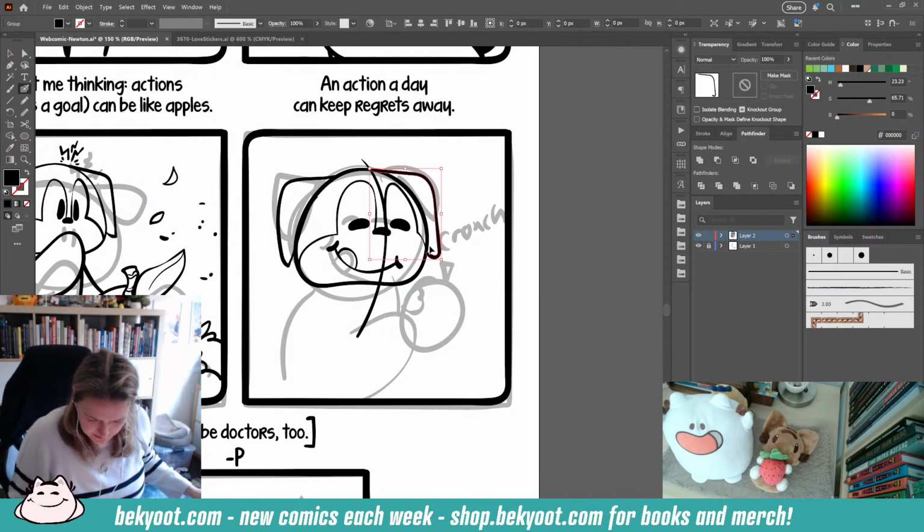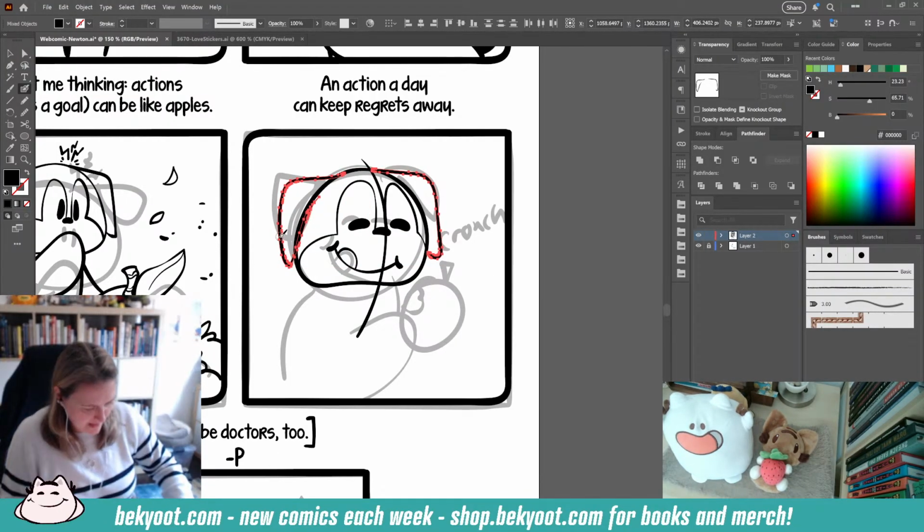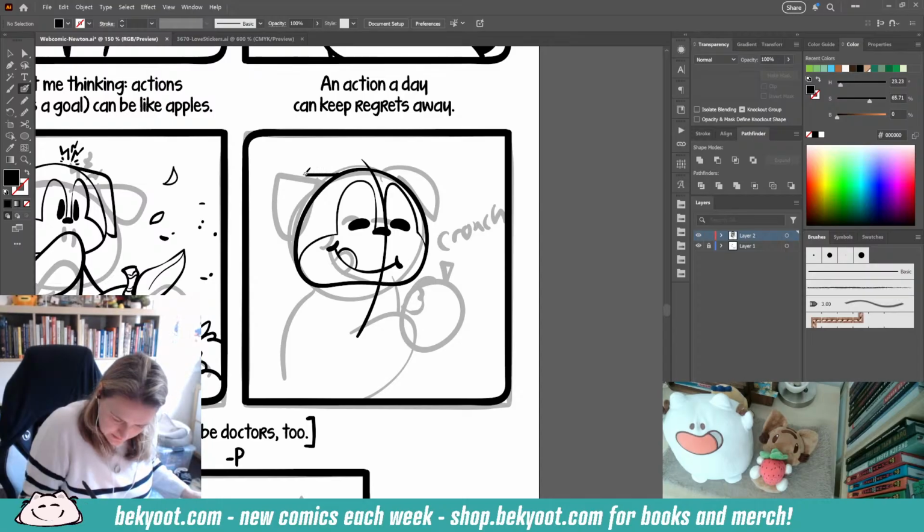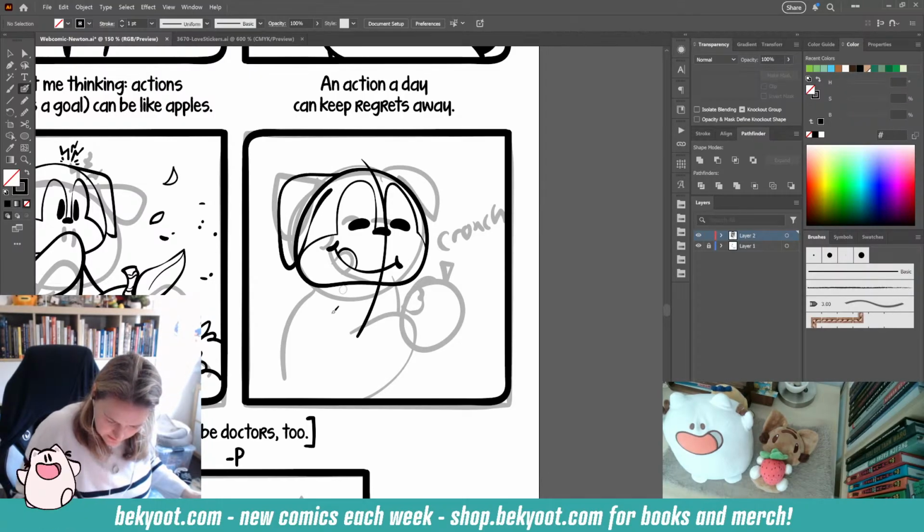I want those ears to be a little fluffier. They're kind of plastered down a bit. A little bit of a